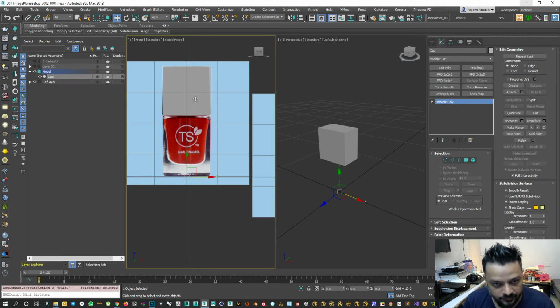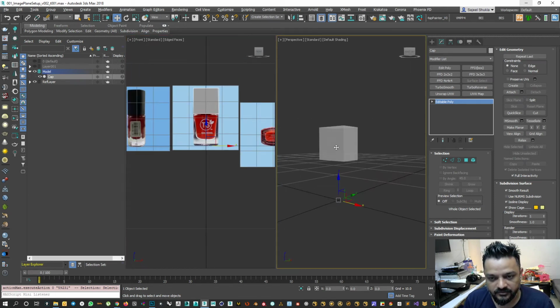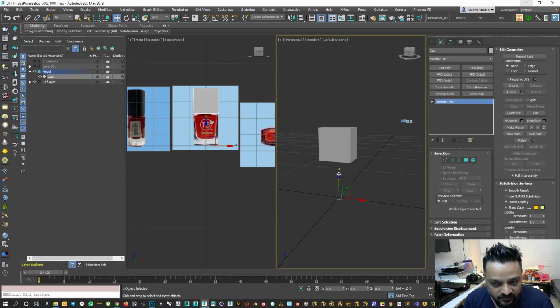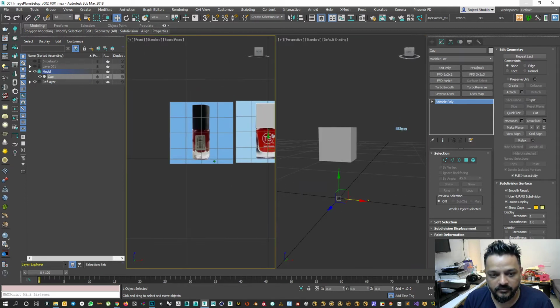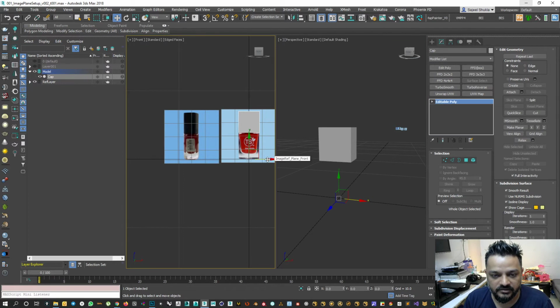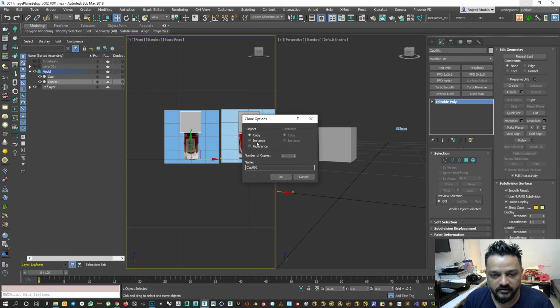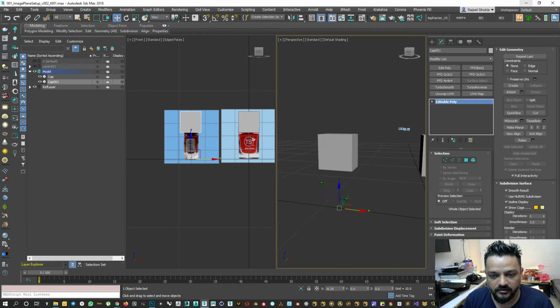So first things first, my box is there, my pivot point is here, as you can see, and this is really helpful in the current case scenario. Obviously I would move this probably up to the bottom of the lid later on, but what I'm gonna do is, for my side view, I'll bring this on the side and click instance, press OK, and I'll rotate this